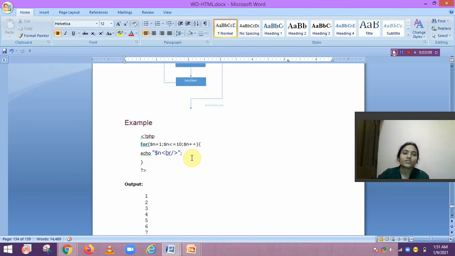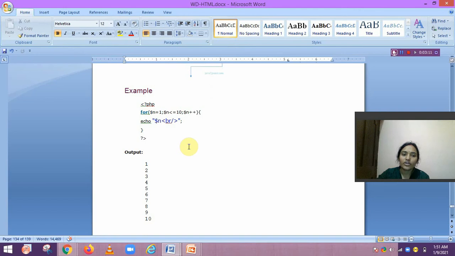Okay. So here is one example where we print 1 to 10. First we declare the PHP opening tag, then in the for we directly declare the variable $n equals 1, then semicolon, $n less than or equal to 10, semicolon, $n plus plus. Okay.